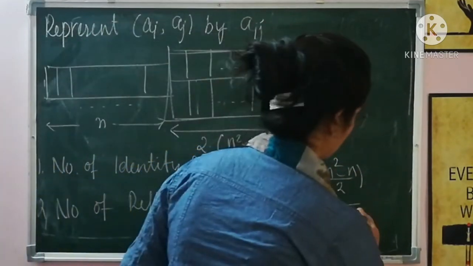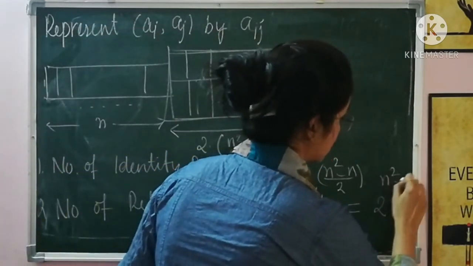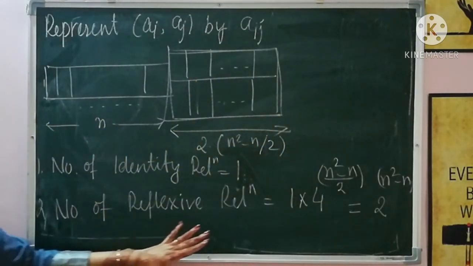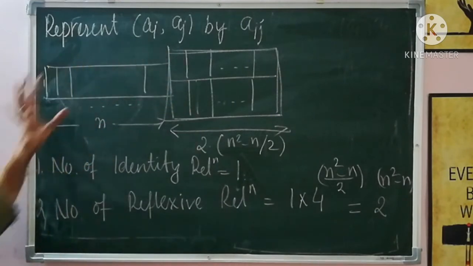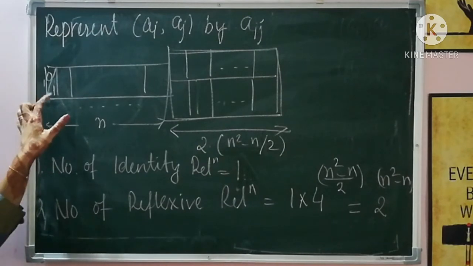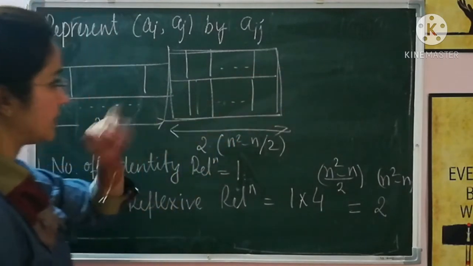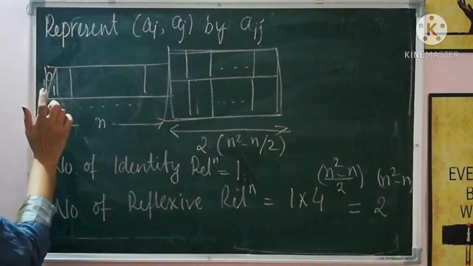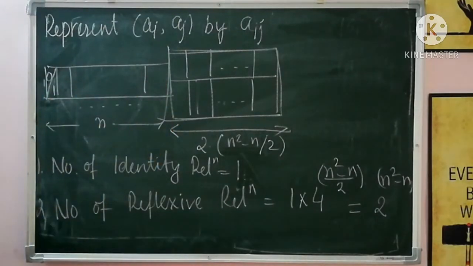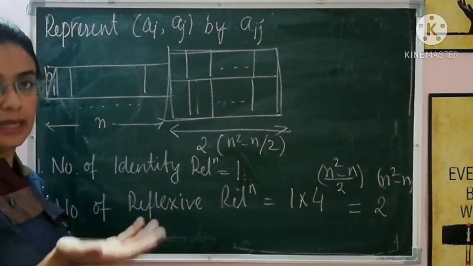This is how we are going to count the reflexive relations, and this will become 2 raised to the power n square minus n, right? So this is a simple calculation. For the number of reflexive relations, I have to choose all the elements from here. You remember 0 is for not choosing and 1 is for choosing. So I have to touch 1 1 1 everywhere. If this is a touchable screen, I have to touch 1 if I am choosing the box. So I choose 1 1 1 in all of them, and the product will be 1. And here I have 4 options. I can do whatever I feel like, right?